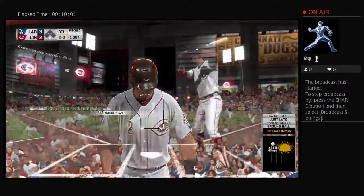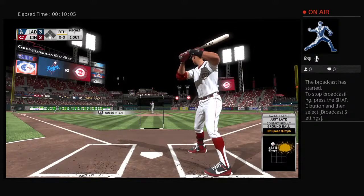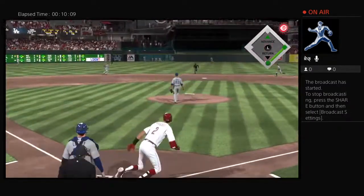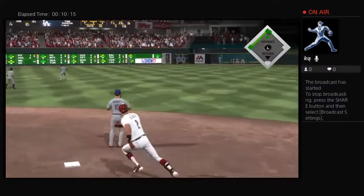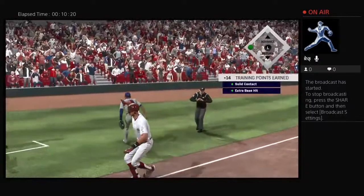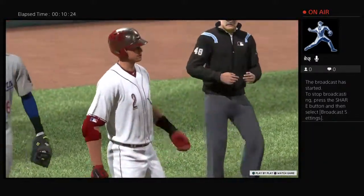Stepping in, number 2. 2 for 3 with a double on his line so far. Ready to deliver. Here's the first pitch. And this is going to find the alley as he might have himself his second double of the ball game. He hit the corner and tries for third. The relay throw, and he'll make it to third safely, so your tying run is 90 feet away with only